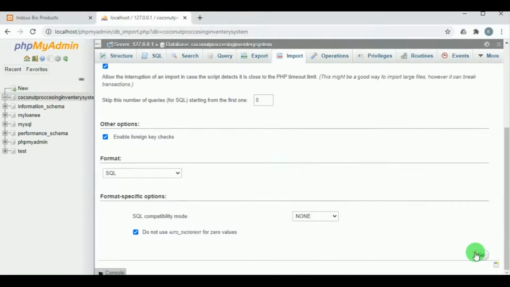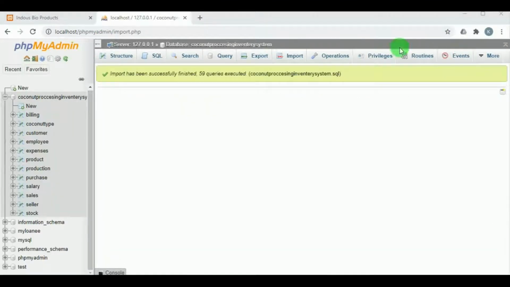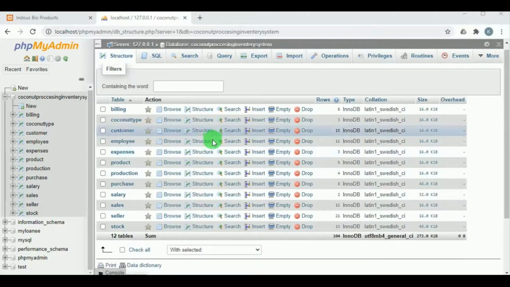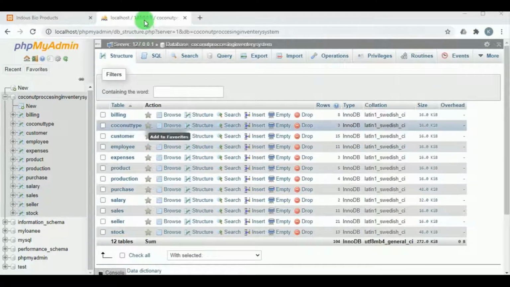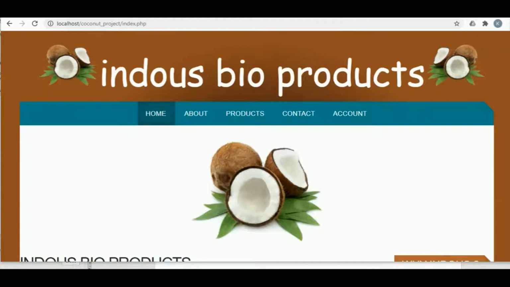Click on go. Once the file has been uploaded, you can see import has been successfully finished, and you can see the different tables of the database. You can see 12 tables.